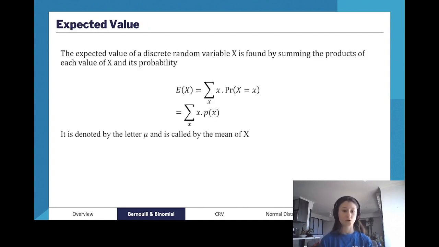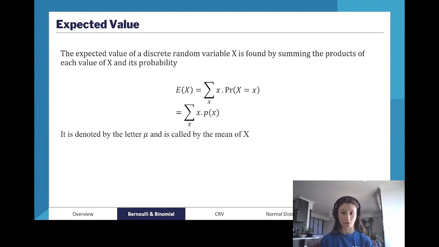Alright, so let's get into what expected value is. So, the expected value is what we usually call the mean of the distribution, or mu, which is a Greek letter, this kind of like long U kind of looking thing. So it is kind of the value that you would kind of expect to get if you were